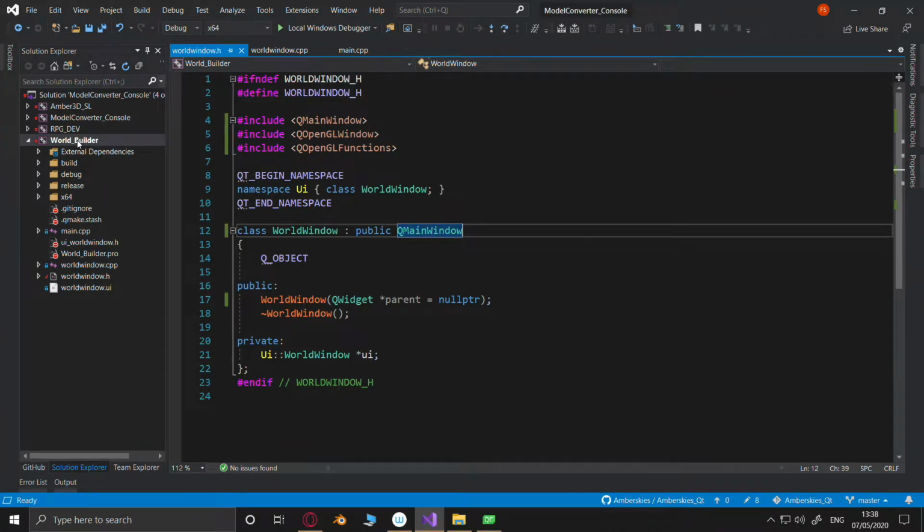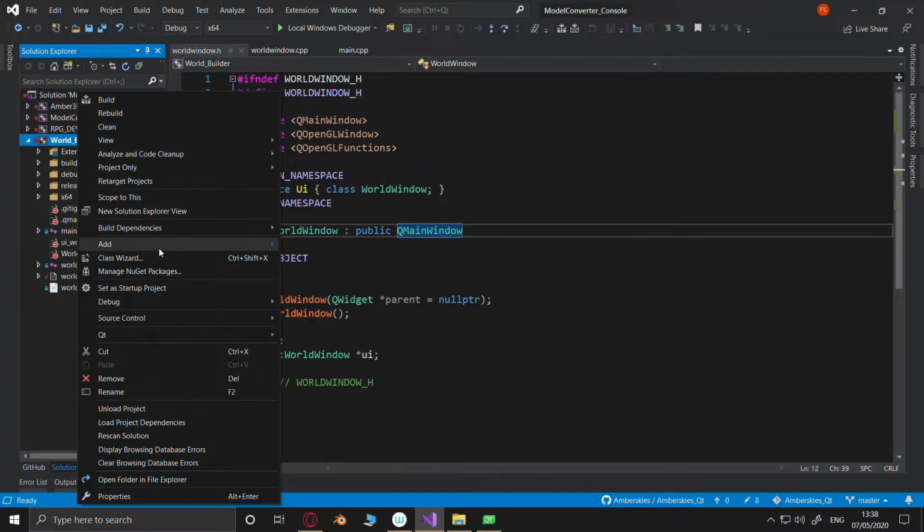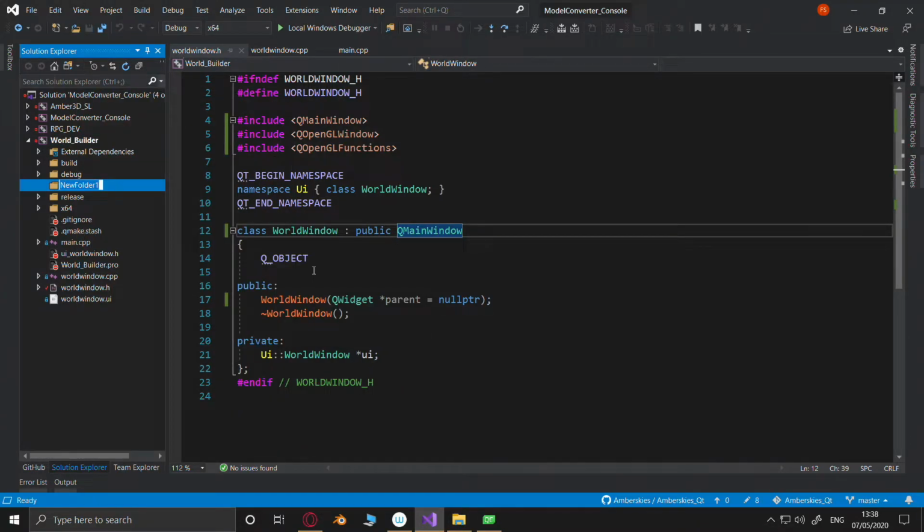Okay. Let's add a new folder. Let's call it World Builder. And in World Builder, we will have our usual OpenGL stuff, I guess.